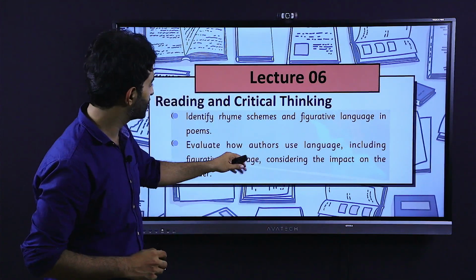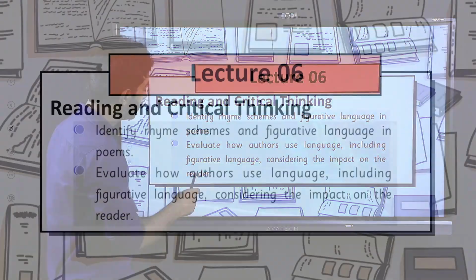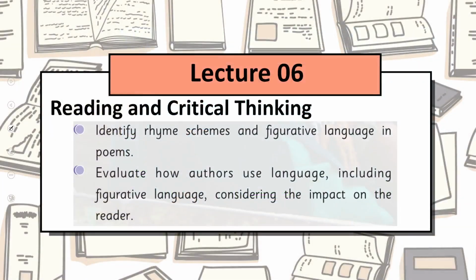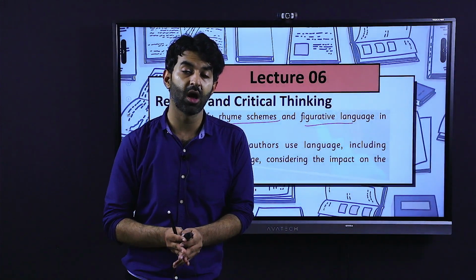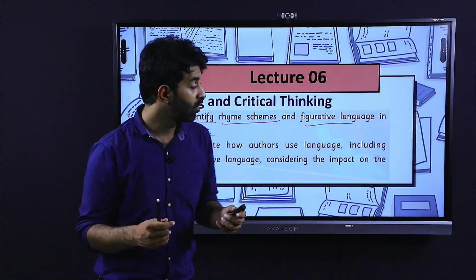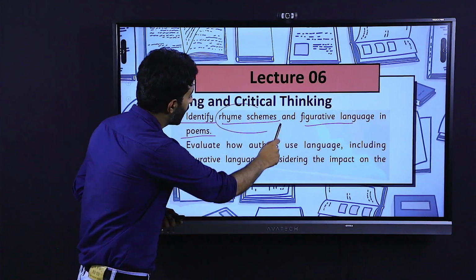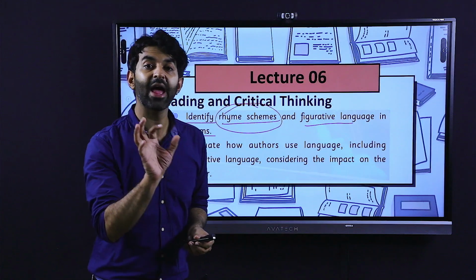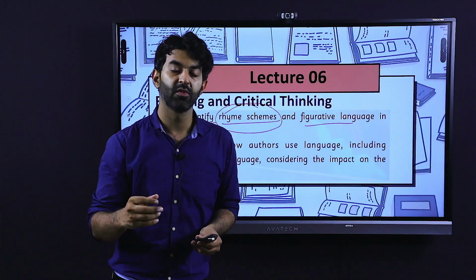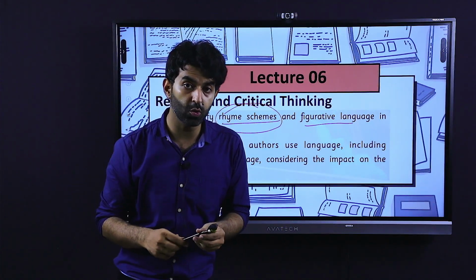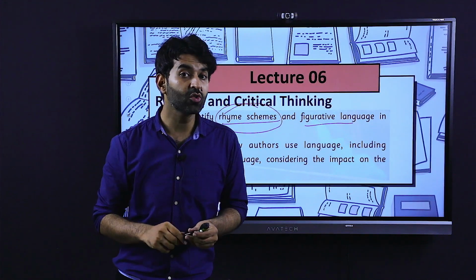Now for lecture number 6, again, we are dealing with the reading and critical thinking competency. We will identify the rhyming schemes and figurative language in poems. It means that we will be seeing the text type of poems, different poems, and also we will see how we can identify the rhyme scheme, because poems are made up of rhymes and rhythms. They have a musicality in them. So we need to be learning about identifying those rhyme schemes